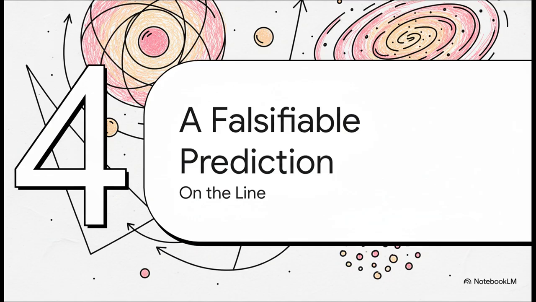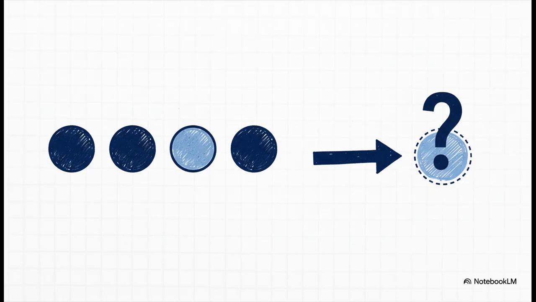Okay, that's impressive. Explaining data we already have is cool. But for a theory to be really solid, it has to do more. It has to stick its neck out and make a new prediction, something we can go out and test, something that could actually prove the theory wrong. And that's exactly what this framework does. It just takes that same simple geometric pattern one step further, applies the exact same projection calculation, and makes a really bold claim about the next big stability gap, one that we haven't even found yet.